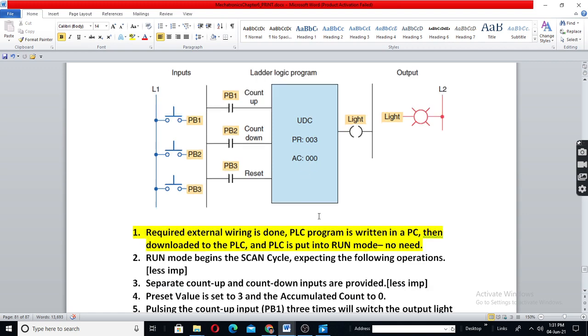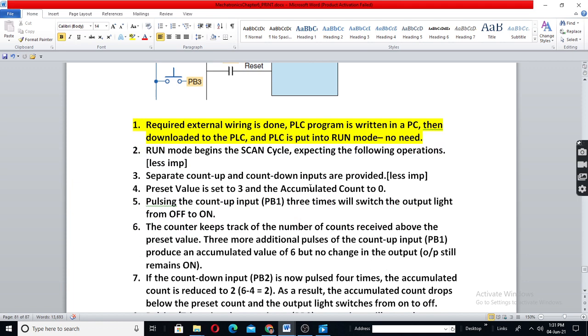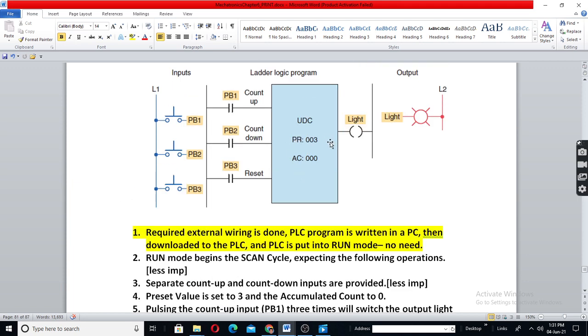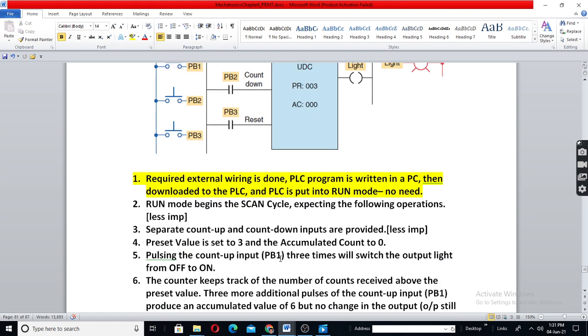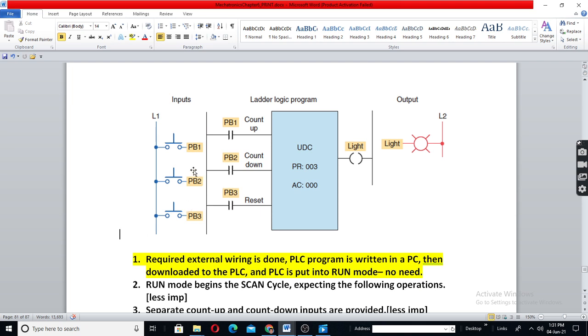Now accumulator has reached 6. Preset is 3. You have programmed it for 3. So output will be still on. Next, if you press PB2, countdown happens. Accumulator will now become 5 from 6. Pressing once again, it will become 4. Pressing once again, it will become 3.